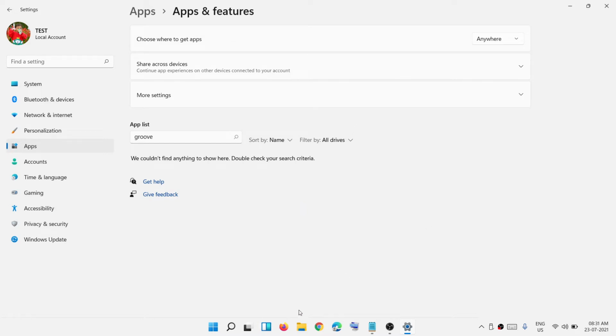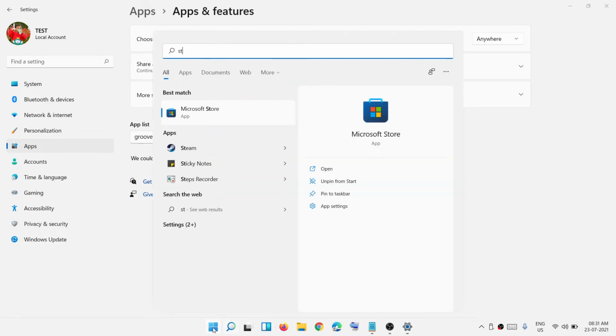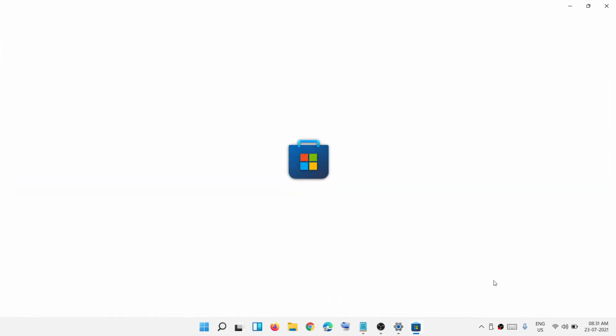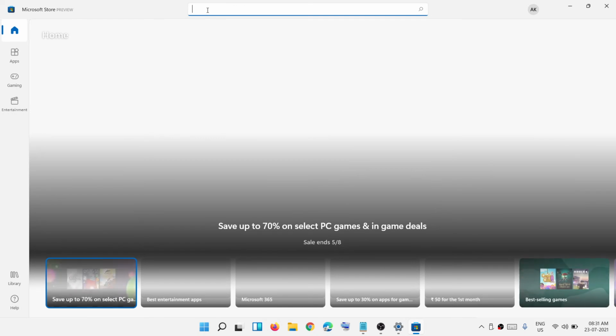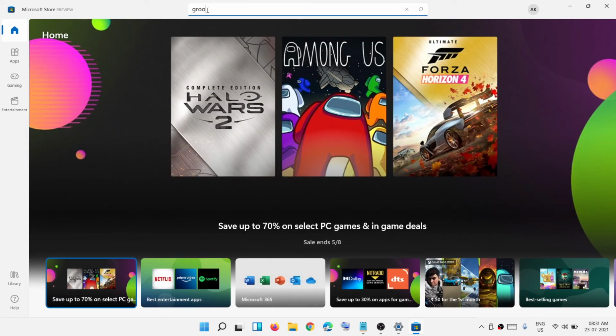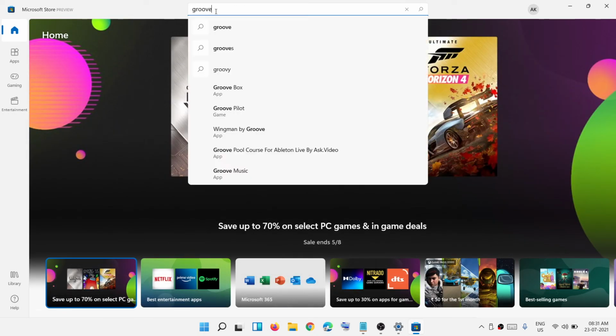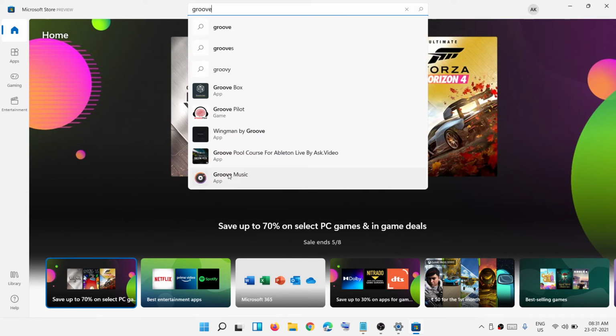Now in case you want to reinstall Groove Music, you can open Microsoft Store. So just type in Store in Windows search box and then click on Microsoft Store. Now on the top in the search box over here you can go ahead and type in Groove and then click on Groove Music app,